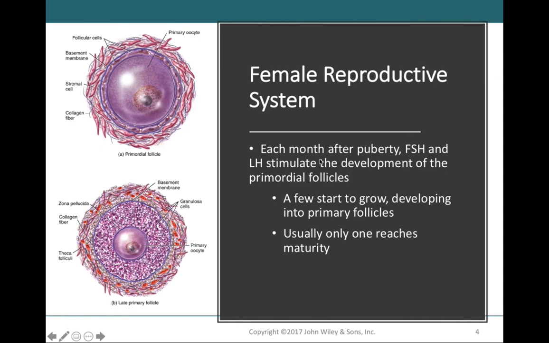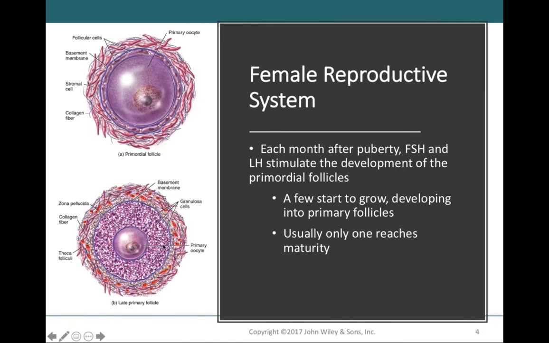But at puberty, gonadotropin-releasing hormone is going to start releasing FSH and LH. And these two hormones are going to start developing the primordial follicles into primary follicles and secondary follicles. Every month, a few of these primordial follicles will be influenced by follicle-stimulating hormone and luteinizing hormone, and so several of them are going to start developing into primary follicles. All of them will not reach maturation. Some of them are going to break down. But generally one follicle, known as the dominant follicle, will reach full maturation and eventually be ovulated out into the fallopian tubes. Through this hormonal stimulation, that's going to turn the primordial follicle into the late primary follicle, and we